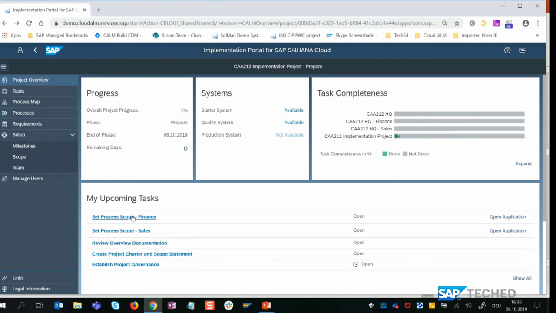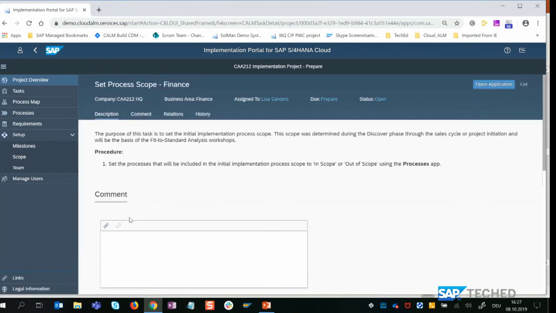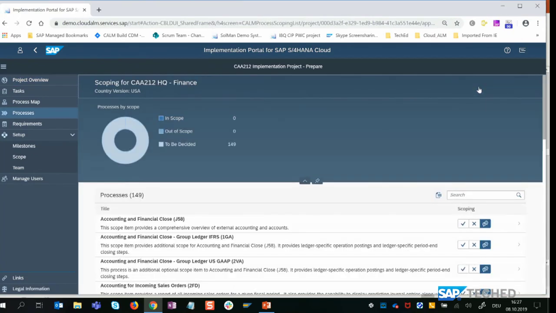And after that, we see here that we recalculate which tasks are then needed based on the high-level scoping. So we need to do the detailed scoping, for example, for the area of finance, because we put the business area finance in our high-level scope.